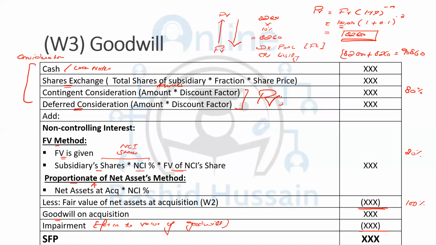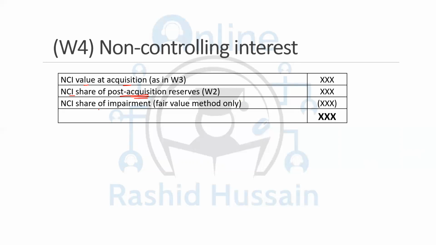Remember this? This is the post-acquisition profit or loss which the subsidiary has earned. So this percentage will be given to the NCI: the NCI share of the subsidiary's post-acquisition profit or loss. And similarly, the impairment, because I told you that impairment is of both. So we need to share the impairment with the NCI as well, but only in the fair value method. This is the NCI figure that will go within the consolidated statement of financial position between the equity and the